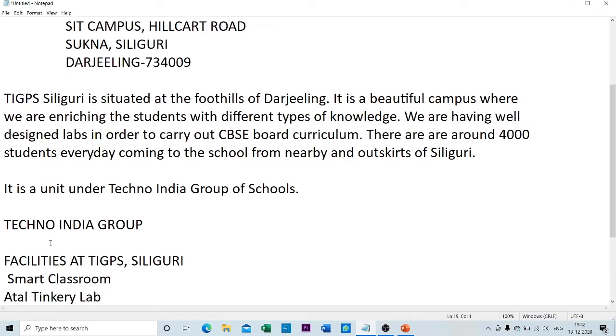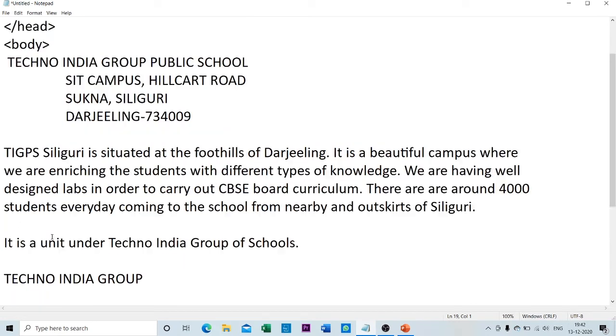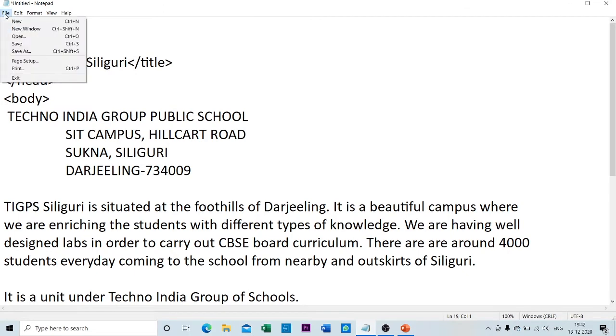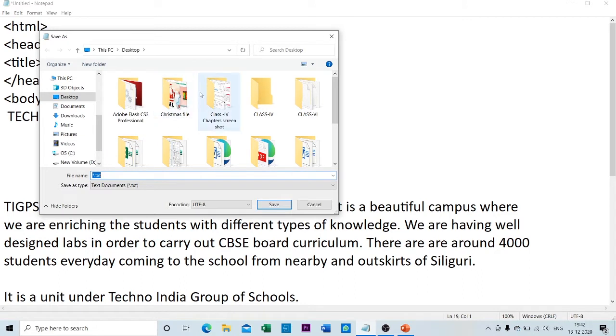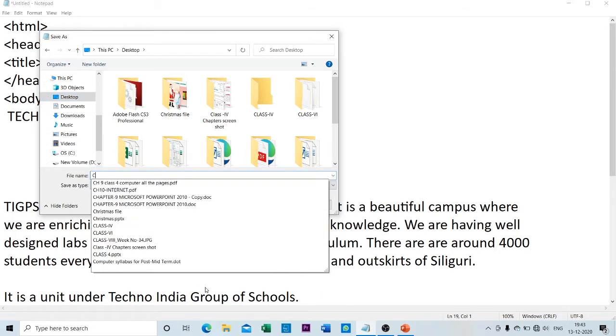So before that, let me first save this document. Just click on File, go to Save As. Now make sure you have a proper location where you want to save. I just want to save in the desktop so that I can get to my browser easily. So click on the desktop, give a file name. Let me write down, suppose say, class